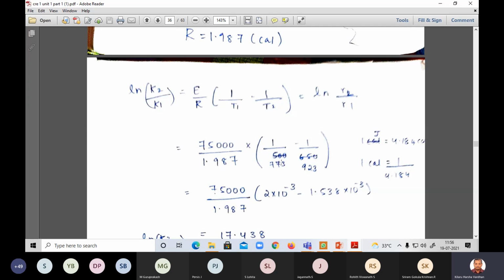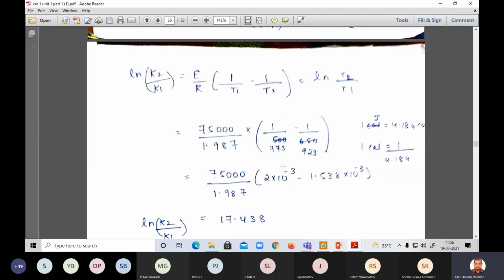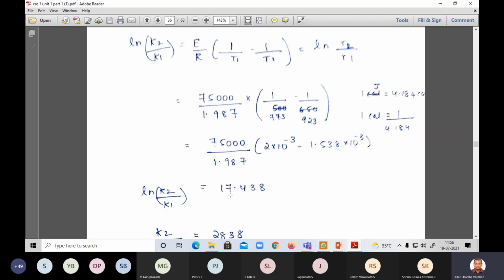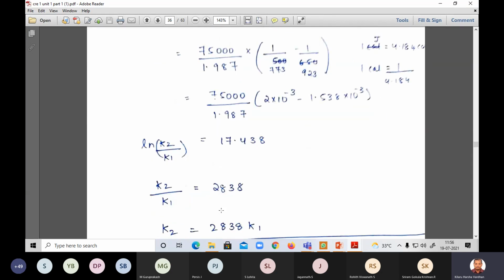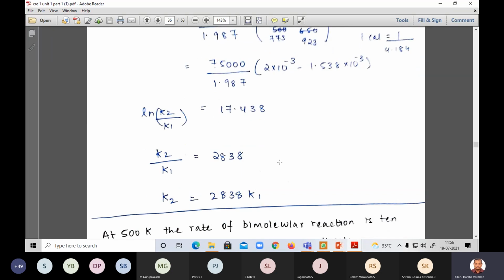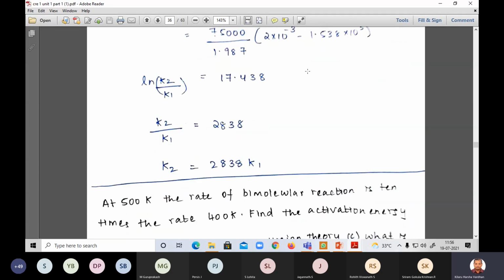Here important is 500, 600 should be converted to Kelvin because R value is in Kelvin, right? So if you substitute in terms of Kelvin, then you get ln K2 by K1 is this. So we want how much is the faster. K2 by K1 is 2838. So K1 at 500 degrees centigrade, if your rate is K1 at 723, that is 700 degrees centigrade, your